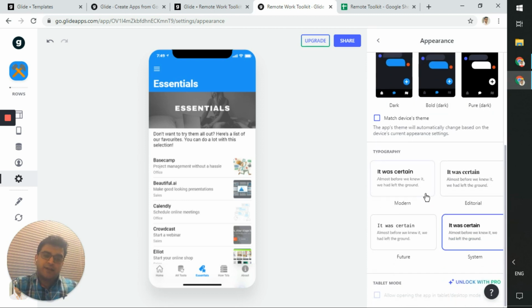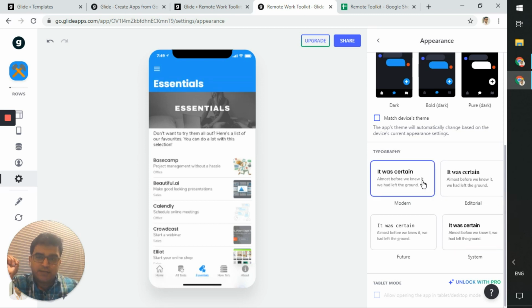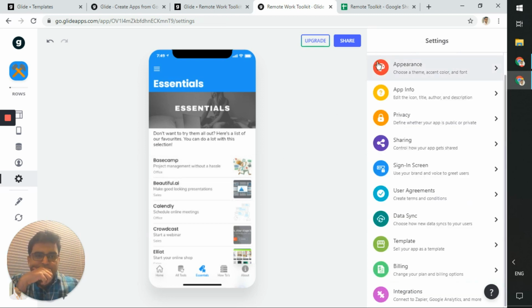And of course the typography for which is the font. So if I click on this, it should change. Yep, the font text changed a bit. So the style of the font, what it uses. So that's settings. We had a look at edit sheet, and of course reload sheet is if we have added